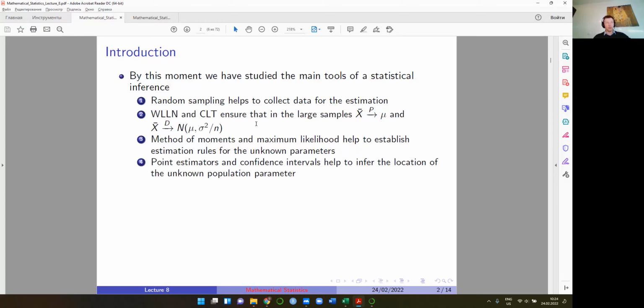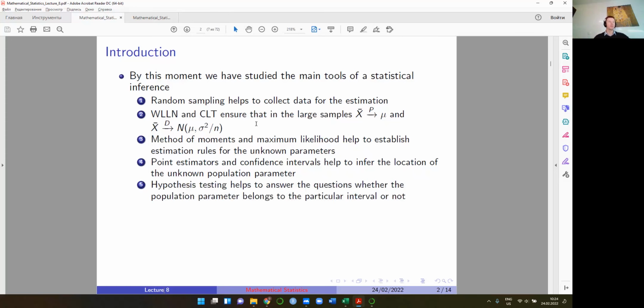So we know that with the help of point estimators and confidence intervals, we can infer the location of the unknown population parameter within some boundaries with the given probability. And lastly, we established the